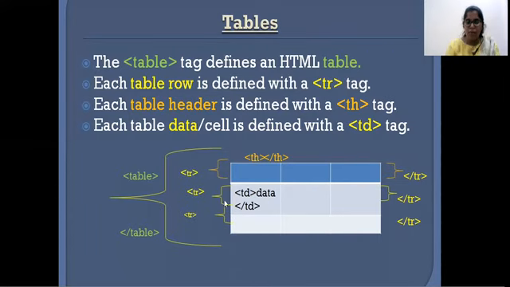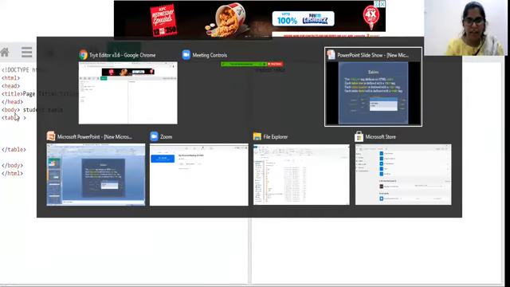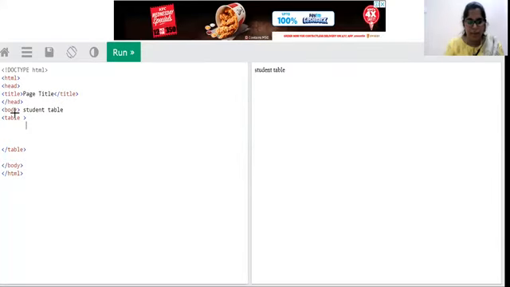And for the remaining two rows, we are going to use the table data as they belong to normal data. You can see how this can be implemented. Here I am creating the same table, the student table, and I am going to keep some student data inside of the table with the same table structure which we have discussed earlier. So for that, I am creating the table with the help of the table tag. So table opening and table closing, then followed by there will be the three rows, right?